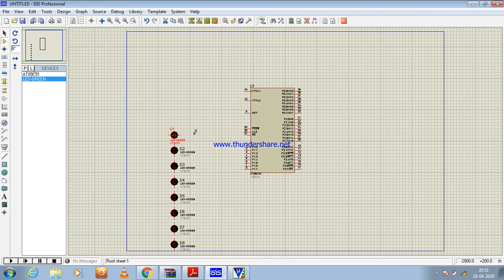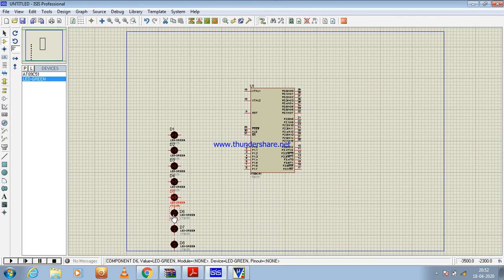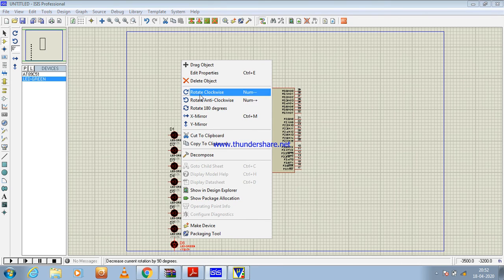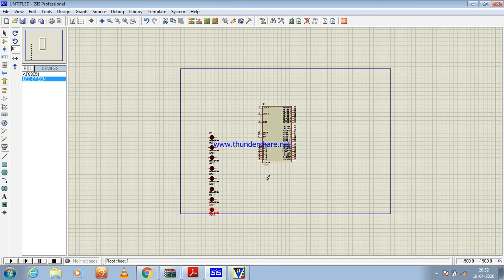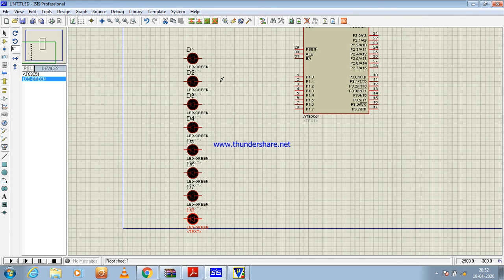Now rotate all these LEDs so that you can connect them with all the pins of port 1. Simply right click on the LED with your mouse to see the options. You can even change the size.